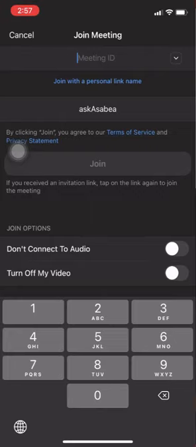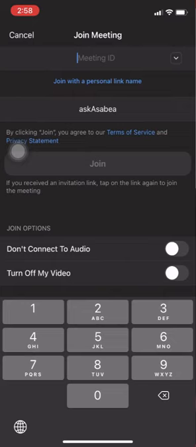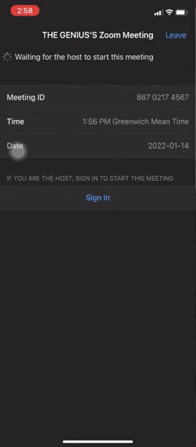So let's go to the WhatsApp message that we received for the meeting and just tap on either the link or the ID. Let's tap on the link. It is going to pull the information. Wow, so you didn't have to do anything, just tap on it and it's saying waiting for the host